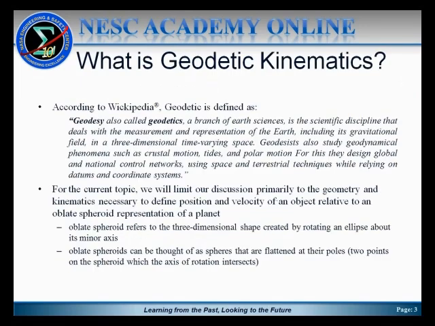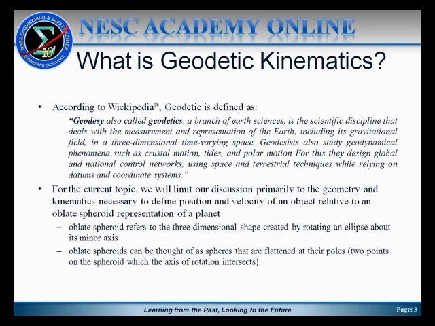So what is geodetic kinematics, and what do we mean by that? Well, according to Wikipedia, geodesy, also called geodetics, is a branch of earth sciences. It is a scientific discipline that deals with the measurement and representation of the Earth, including its gravitational field in a three-dimensional, time-varying space. Geodesists also study geodynamic phenomena such as crustal motion, tides, and polar motion. For this, they design global and national control networks using space and terrestrial techniques while relying on datums and coordinate